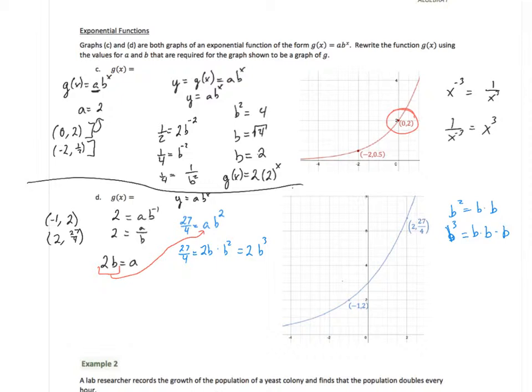All right, perfect. So now let's just go ahead and solve this. So 27 over 4 equals 2b cubed. Well, let's go ahead and get rid of that 2. So 27 over 8 equals b cubed. Remember, this happens when I just divide the 2b cubed by 2. So now I know what to do here. I can take the cube root of everything. Remember, cube is 3. So b equals the cube root of 27 over 8, which is the same thing as,